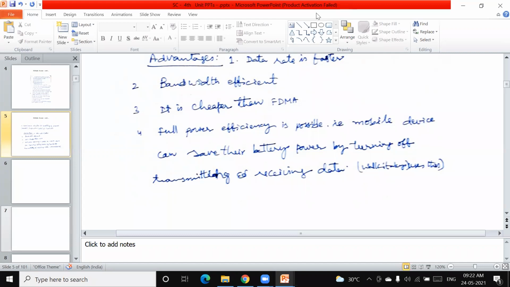As this is the first class of this unit, everybody please go through the introduction, and you can take any textbook. Please go through the multiple access techniques for satellite communications. All are available. I have considered these topics from Pratt and Timothy. Please go through it. That is the sixth chapter in this textbook.